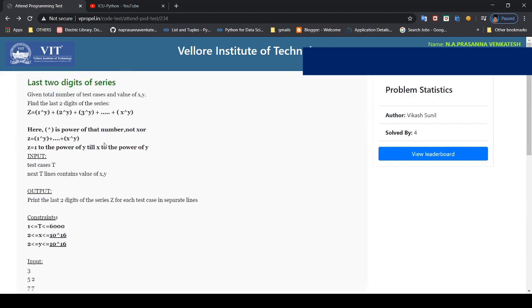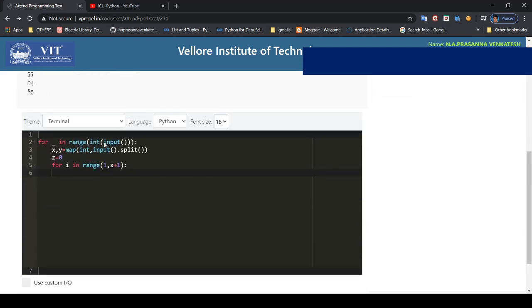And we do answer plus equal to i power y.